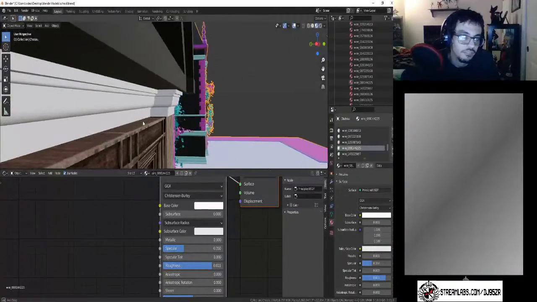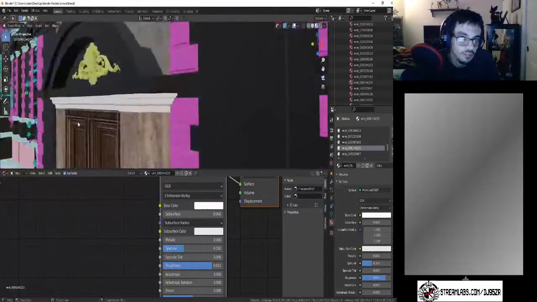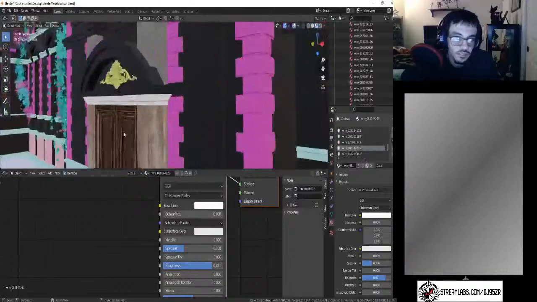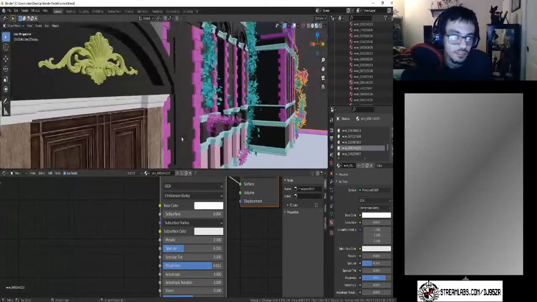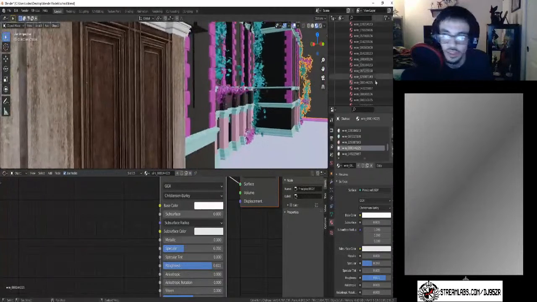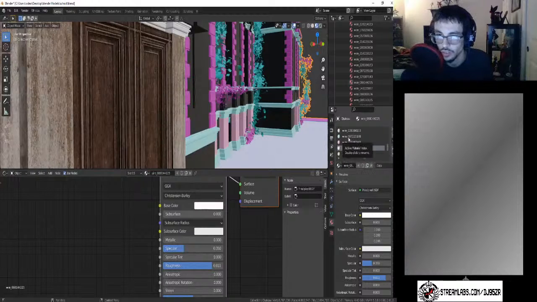Yeah, that looks okay. That looks perfectly fine. Okay, and now we need to find those other colors, which is right here, which should be that one. And we want to make that